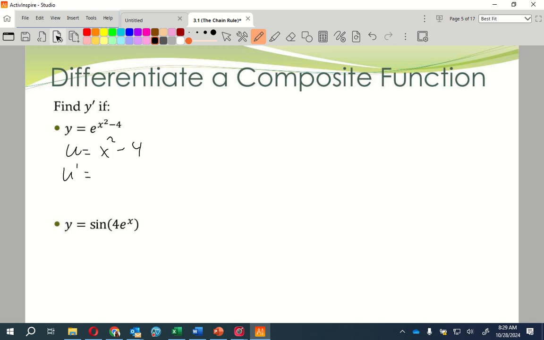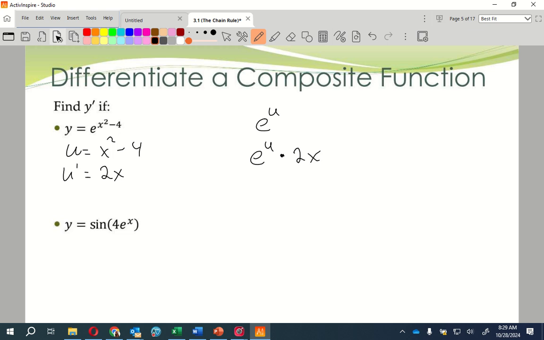U prime is, so as I rewrite it with u, I have e to the u. And what's the derivative of e to the u? E to the u, right? So the derivative is e to the u times u prime, which is,